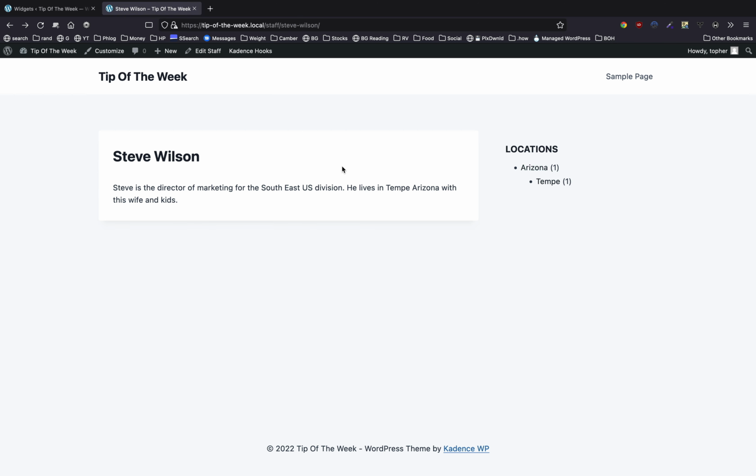And that's it for custom taxonomies. That's really all there is to it. Something cool to note is taxonomy searches are very, very fast. So if you want to search for Arizona, for example, to find everybody, it's much, much faster than if you had made a custom field for city. So this makes sorting really fast.